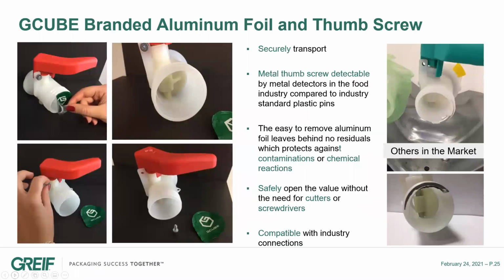Moving ahead, some small details on our IBC. This is really an example of continuous improvement coming from customers' feedback. Customers were asking for a valve completely without any residual after the removal of the aluminum foil, which is the seal, which is important for every expedition and shipment of your product. In this case, we have developed a specific aluminum foil